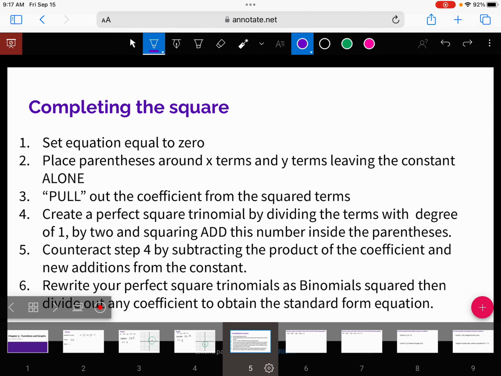Okay? So what we do is we are setting the equation equal to 0. Our little one that I scared us with on the board is set equal to 0, so step 1 is even already done for us. We're going to put our x's together. We're going to put our y's together. We're going to complete the square for both, making sure we keep both sides equal, and write it in perfect squared form. This looks like a whole lot of steps. If you remember how to complete the square, this isn't going to be awful. That is, if we remember how to complete the square.